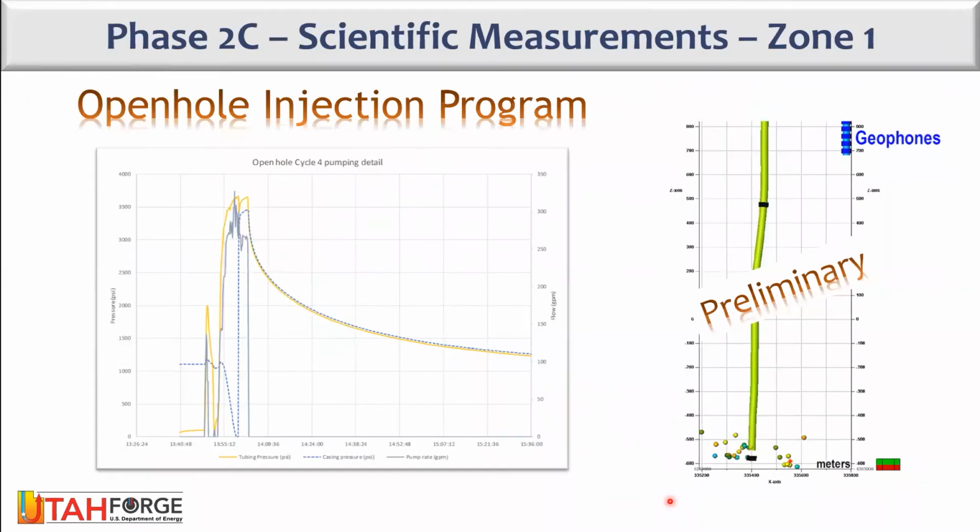And this is just one example. What you're showing here is pressure on the y-axis and time on the x-axis. And we're showing tubing pressure, the pressure in the annulus, so the pressure above a packer that was at the bottom of the well and between the injection string and the casing. So this is an area that's only pressured benignly. And then the tubing pressure, because you're pumping down the tubing, and you watch and you monitor the pressure decay. So we pumped in, we've broken this down, created and propagated the fracture, shut the well in, closed all the valves, monitored the pressure, and looked at the pressure decay and processed that information. Concurrently, we had